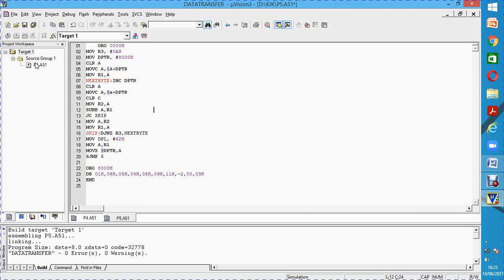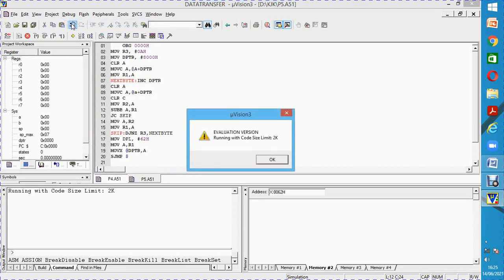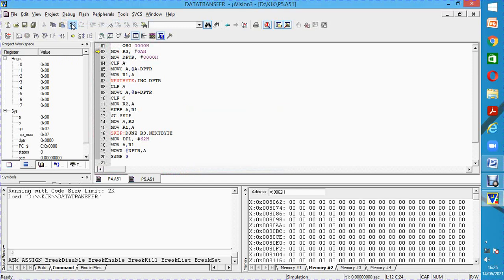I attach the program to this and compile it, rebuild, and then after that if you don't find any errors just go to debug and select start or stop debug session. Here on the right side on the LHS you can observe whatever changes have been made. R3 is loaded with the value 0AH, that is nothing but the count value. Totally we are taking 10 numbers, and DPTR is loaded with the value 8000 so that we can fetch each and every number present at that location on the on-chip ROM, and then clear the contents of accumulator, because